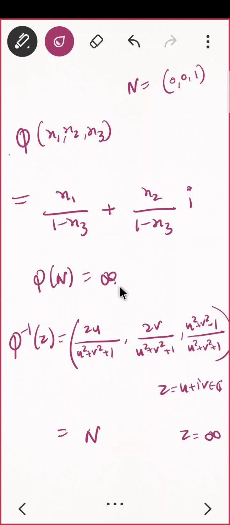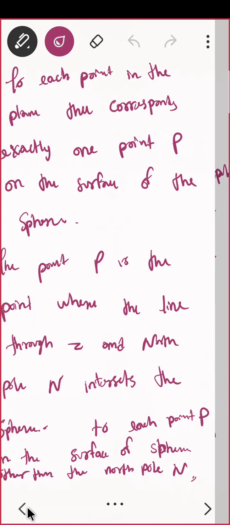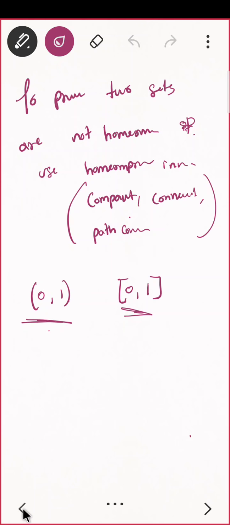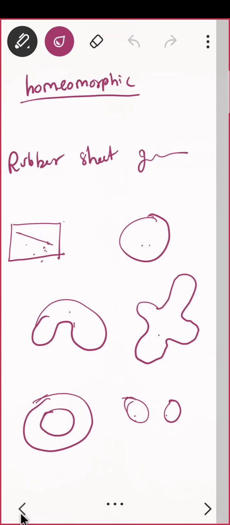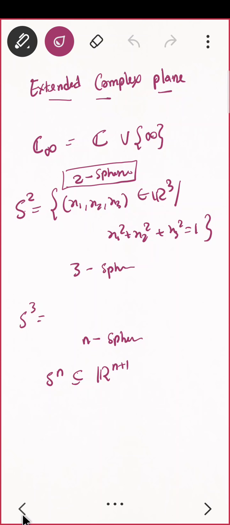Or one more easy method is that your domain, see, we are giving a map from C infinity, correct? And C infinity is compact and Hausdorff. Even it is second countable also, but that is not required for you. So it is already compact and Hausdorff, so you can see this is a sphere. You know that it is compact. C infinity is also compact, and C infinity is Hausdorff. So I had given you one definition of homeomorphism, that the domain should be compact and the range set, that is the codomain, should be Hausdorff.